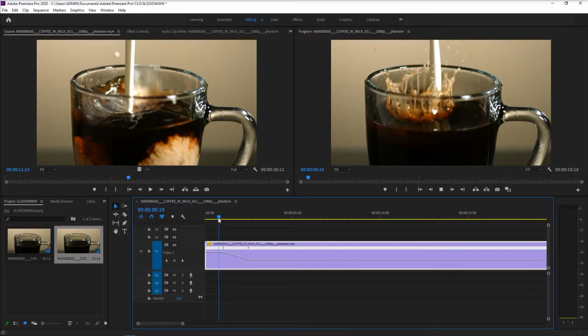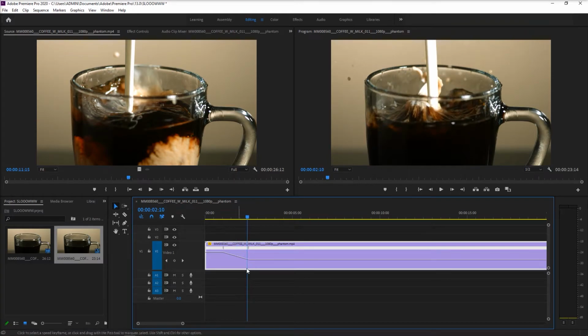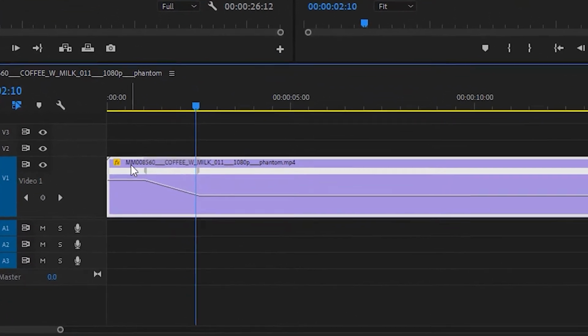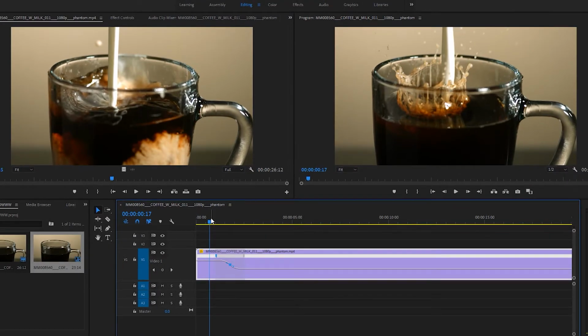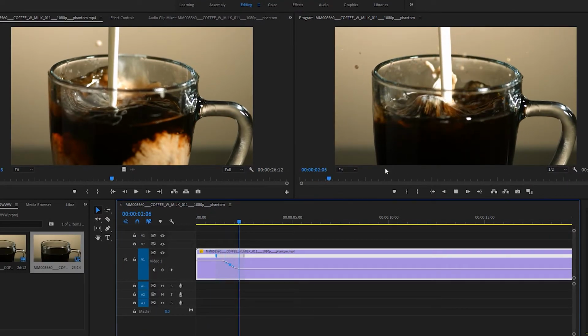So this is the thing. See, it slowly turned into slow motion, but there's still some hard cuts right here and right here. So to overcome that, we'll be using this little knob right here and shifting it towards the left side to make it into a curve motion that will smoothly turn down the speed of fast to slow. See this? It turns smoothly into slow motion.